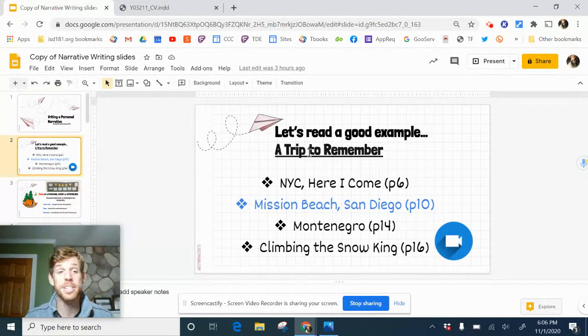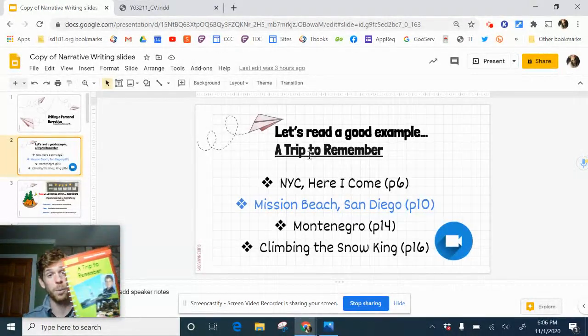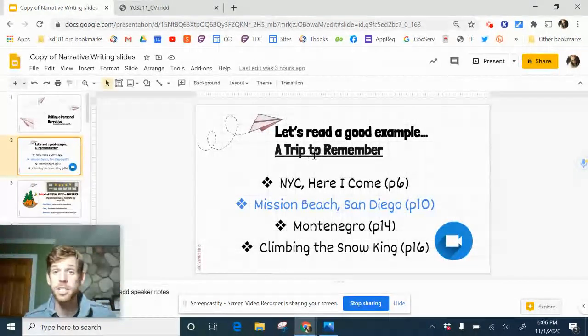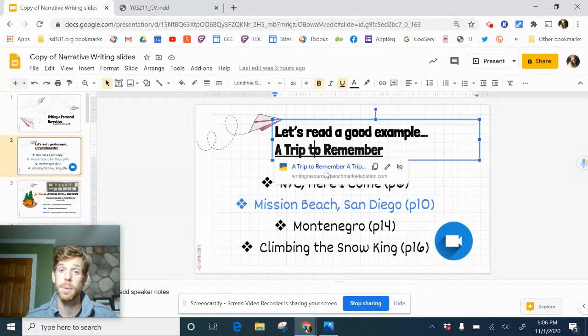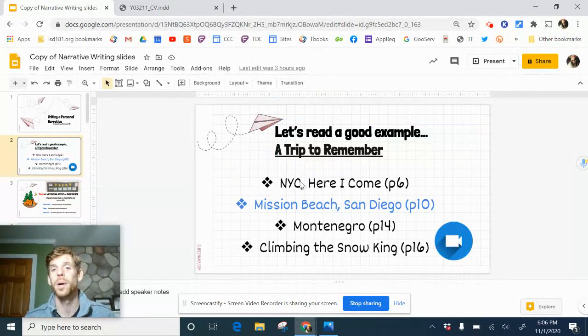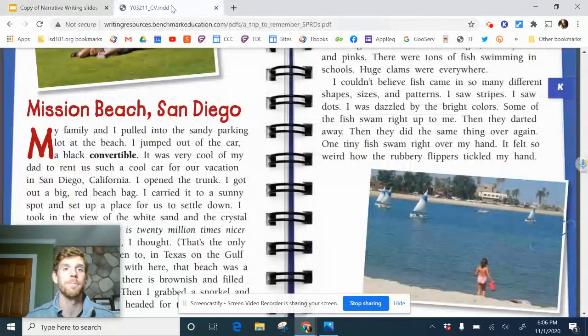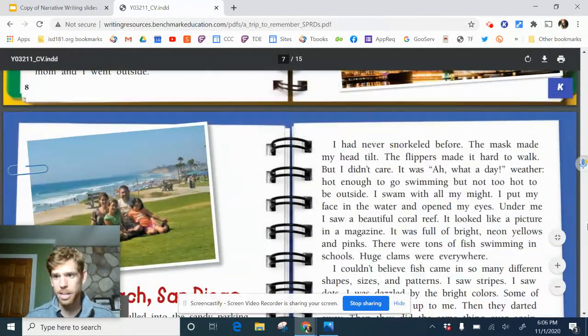A Trip to Remember. This is the book that we have with our series. I have it here in paper copy, but you have it digitally by clicking on A Trip to Remember, and you can access those. We will read all four of these chapters. They are written by kids your age, but we're going to start with Mission Beach, San Diego. So here we go. And maybe I should back up here